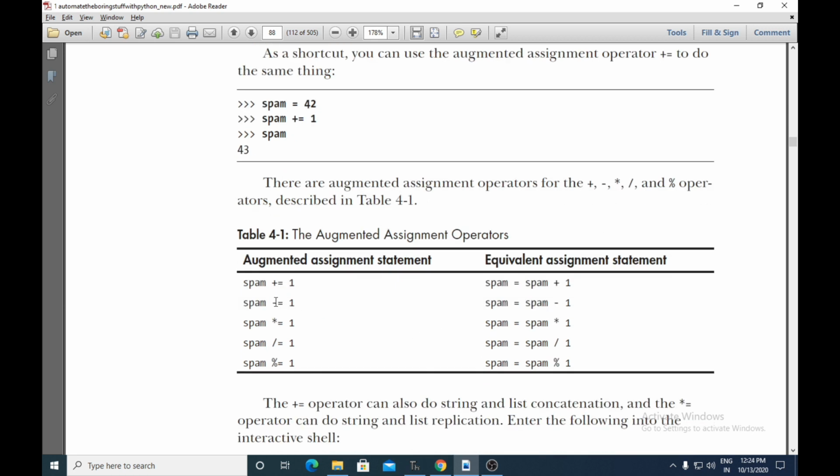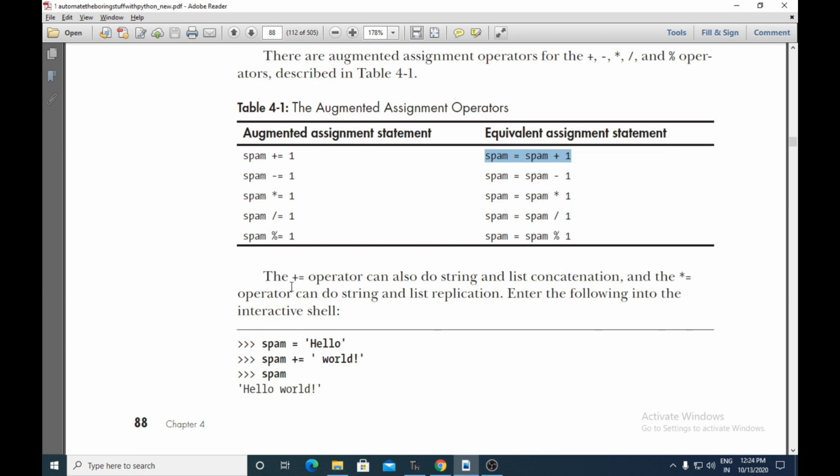Okay, so here they have given you the augmented assignment operators and its equivalent assignment statement. So spam plus equals to 1 means spam plus 1, minus equals to 1 is spam minus 1, and so on.